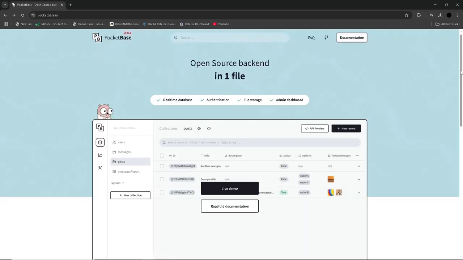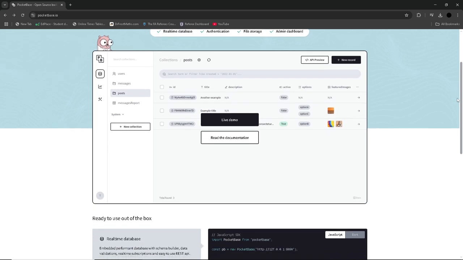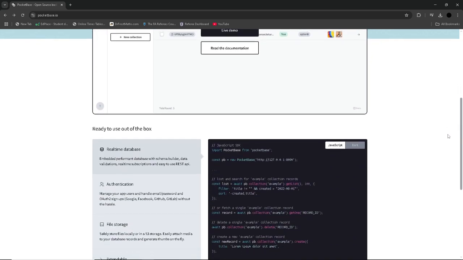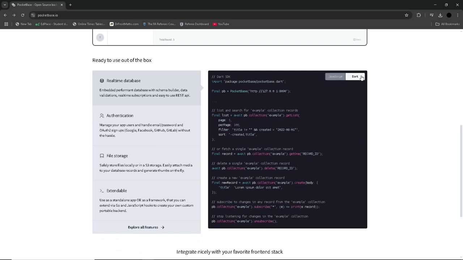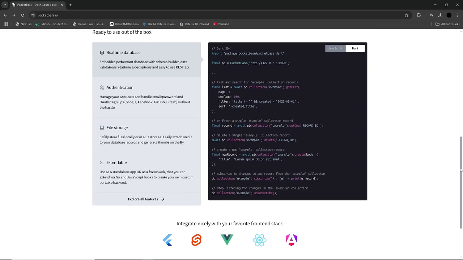N8N is highly scalable, making it suitable for both small and larger enterprises. As an open source tool, it gives users full control over their data. This is a significant advantage for privacy-focused organizations. The ability to self-host the platform or use cloud options further enhances its